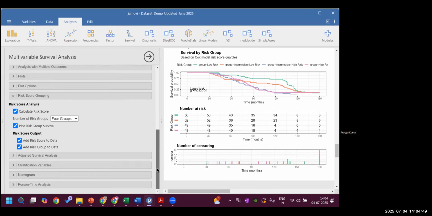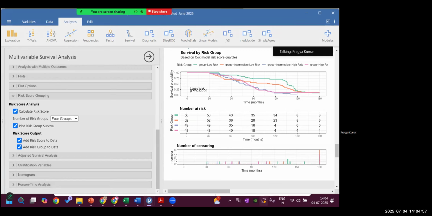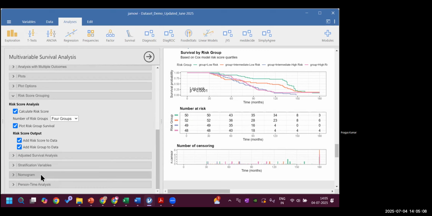Again, there is a very important and good option of the nomogram. We have done the person time analysis that day. We know what person time is, and we have seen the adjusted survival analysis also. I just want to show this nomogram. Although this function is still, they are writing the module for it. So if I click this nomogram,